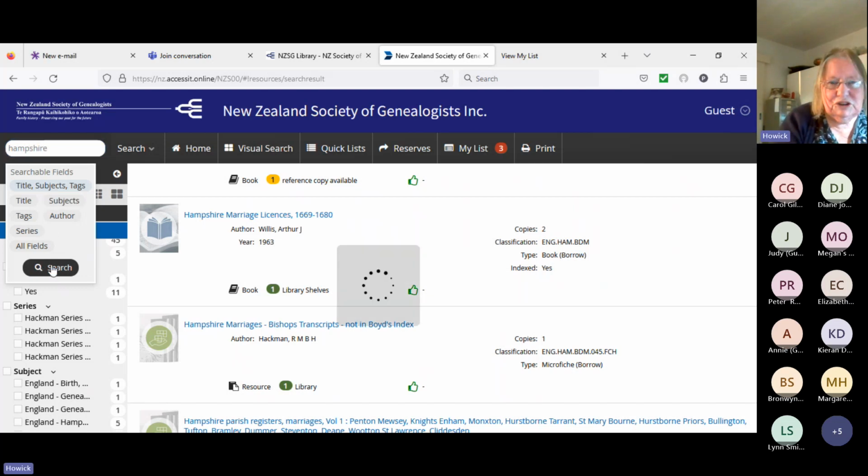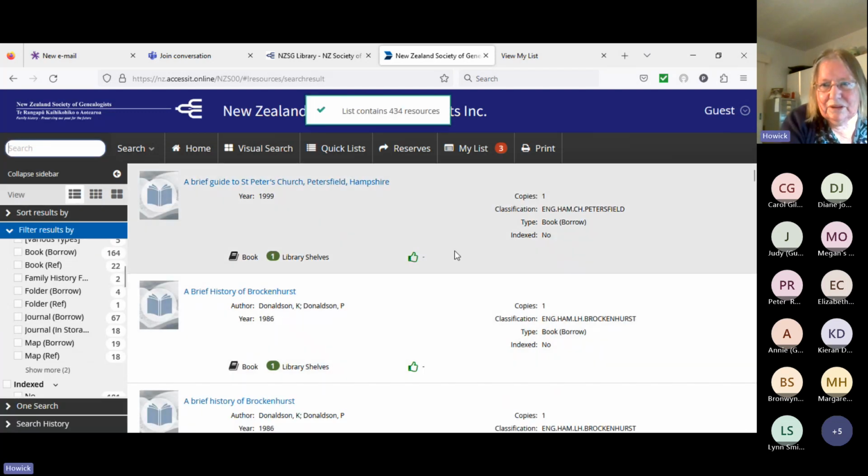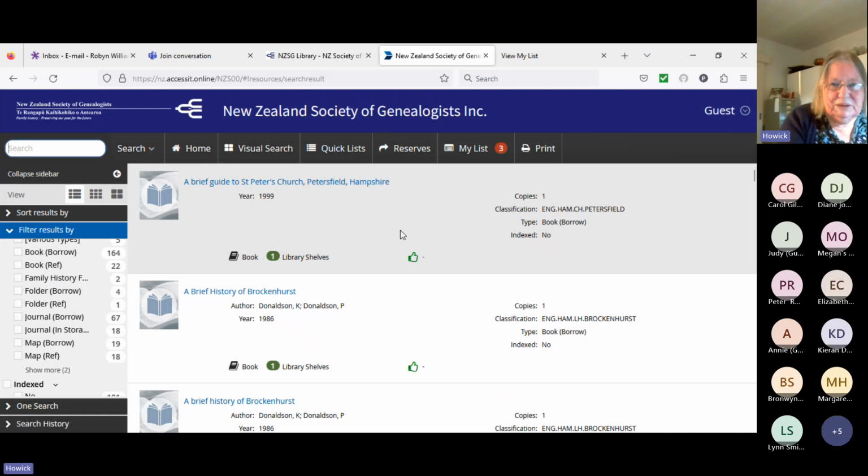And you go search. And that brings you up a lot of all the books and all the resources for Hampshire. And then if you have a look along here, if you were interested in churches, here you are, this is what you need to just make a copy of, and you don't need to even write it down,